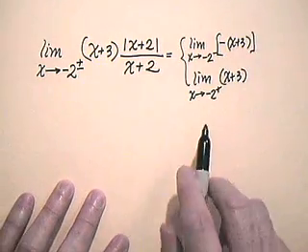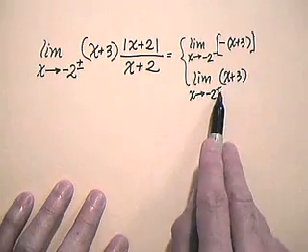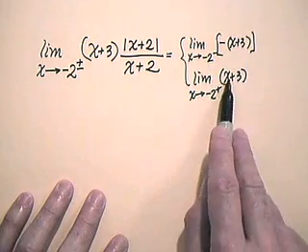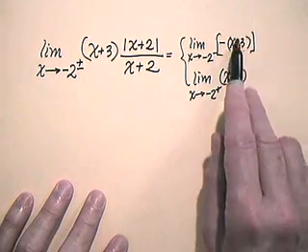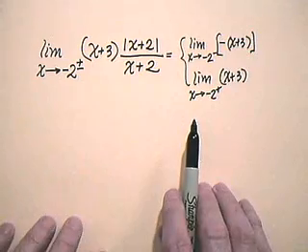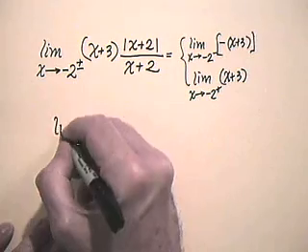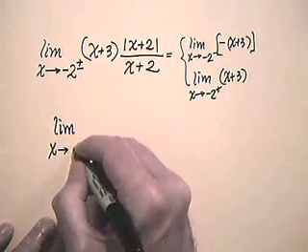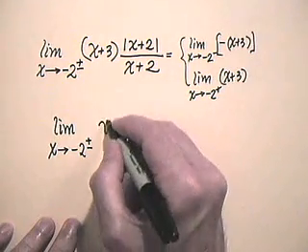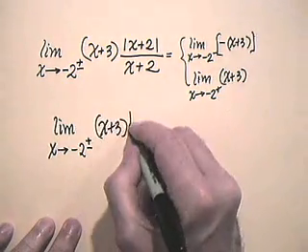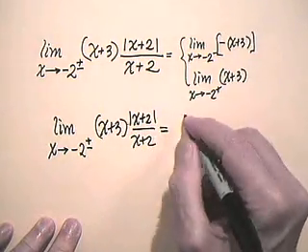That is, the left-hand limit is the limit of negative the quantity x plus 3, and the right-hand limit at negative 2 is just the limit as x approaches negative 2 from the right of x plus 3. Notice both of these expressions in and of themselves would have perfectly good two-sided limits, and so consequently the limit as x approaches negative 2 from the left or the right of x plus 3 times the quantity absolute value of x plus 2 divided by x plus 2 is going to equal